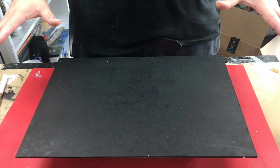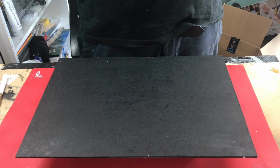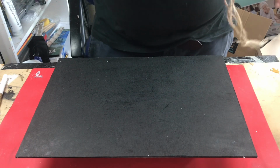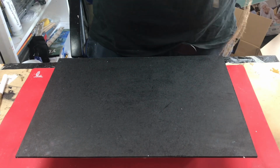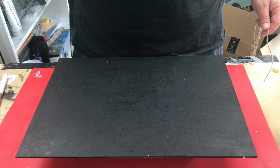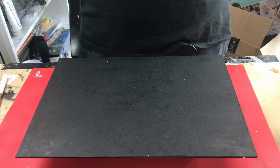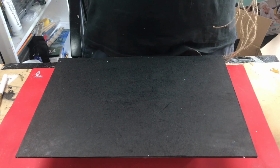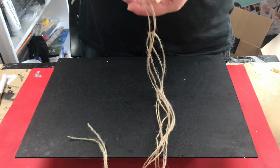So I'm going to do a string pull today, but one with a little bit of a difference, a bit of a zoom in it. Now, I have no clue how this is going to come out. It could either come out looking really good, magnificent, how I envisage it in my head, or it could come out just a complete mess and a puddle, because I'm trying to upscale it a little bit so it's a little bit different. So what I've done is I've got my string here